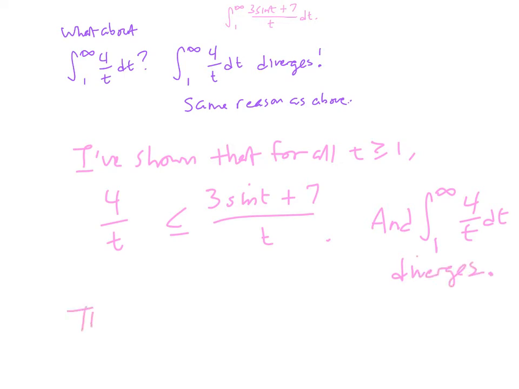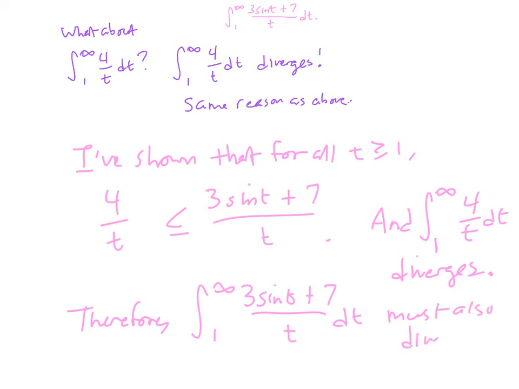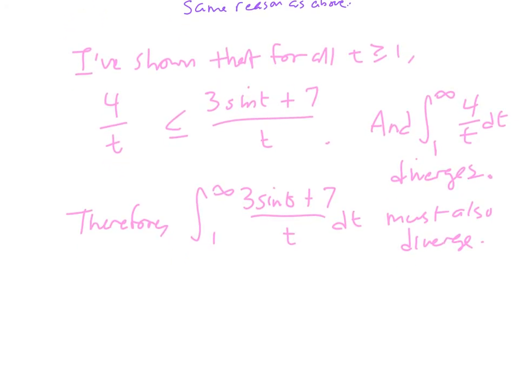Therefore, the integral from 1 to infinity of 3 sine t plus 7 over t dt must also diverge. Because it's bigger. That's because